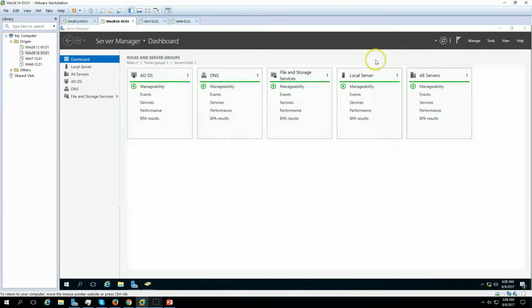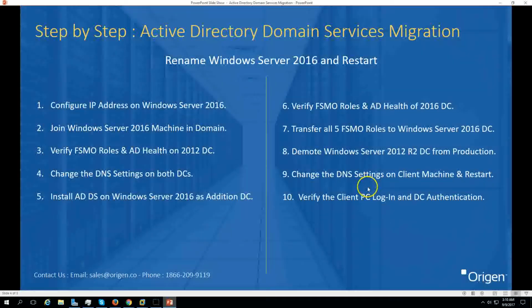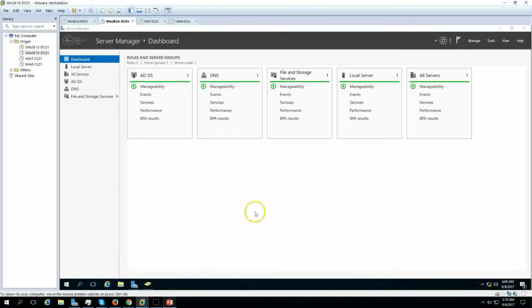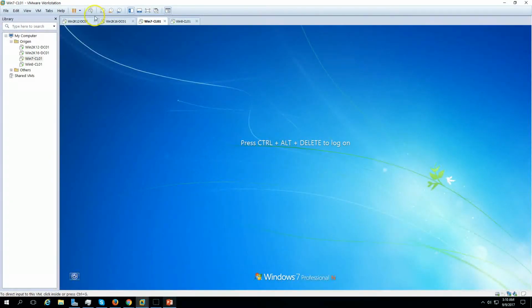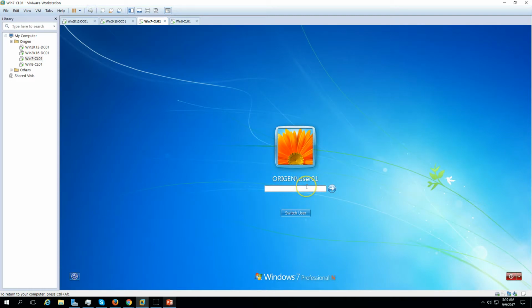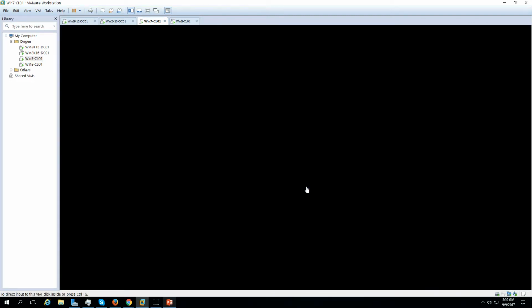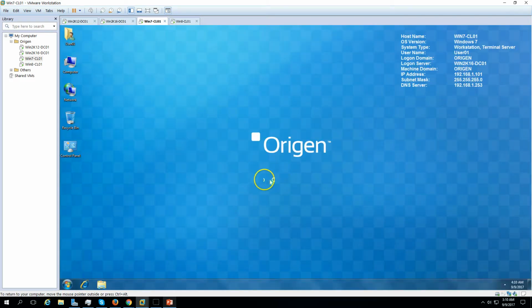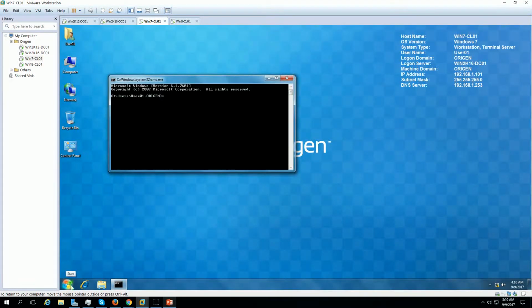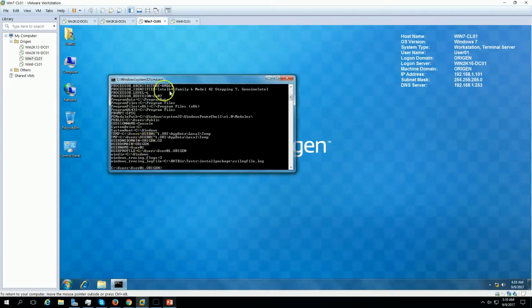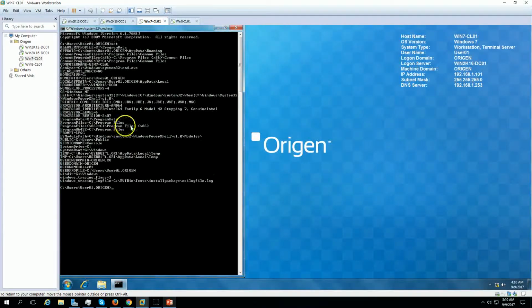Now the final task is to verify the client PC login and DC authentication. To check this, we can go to any client machine. Let's log into the Windows 7 client machine first. Here you can see the login server name is win2k16dc01, and if I go to command prompt and type set, you can get the logon information. Now you can see this machine is logged in from the 2016 domain controller,